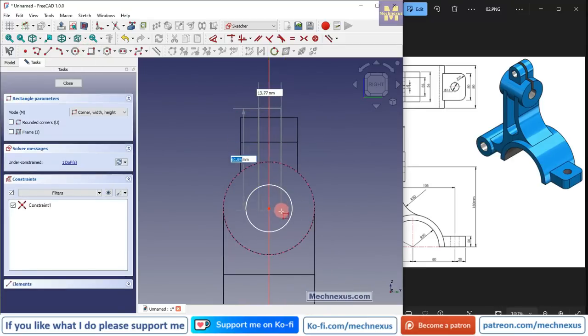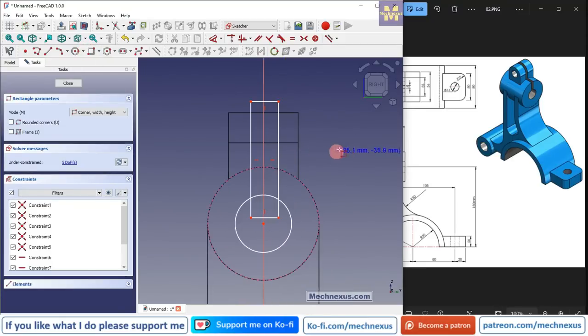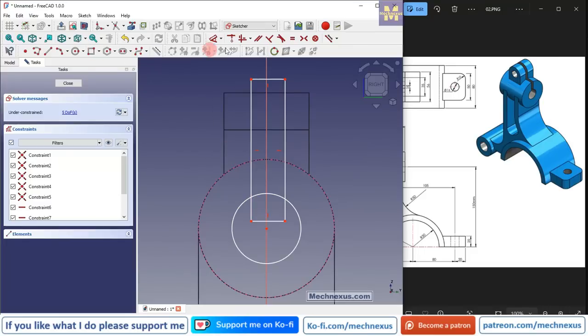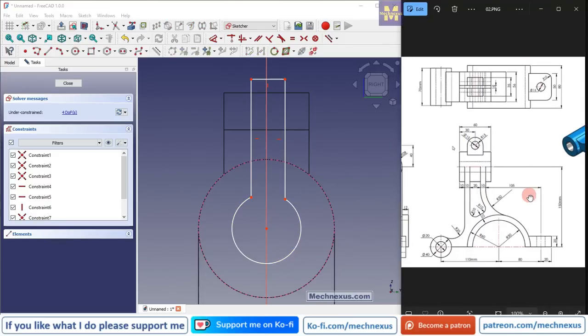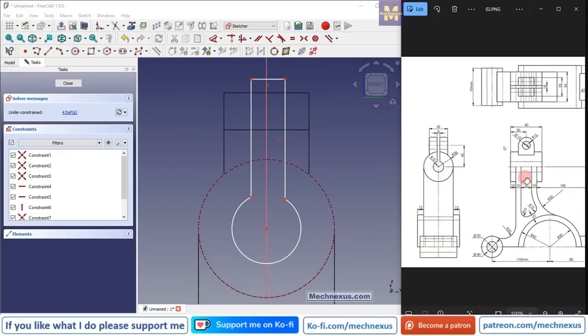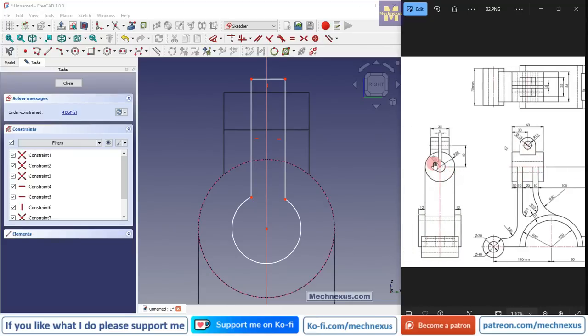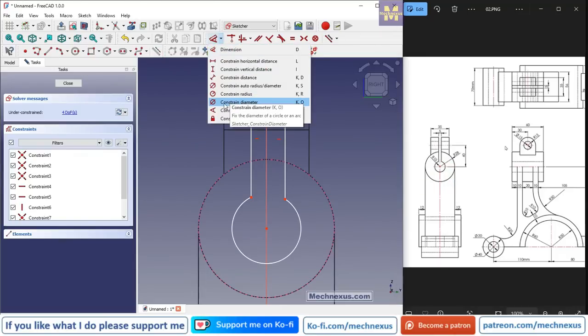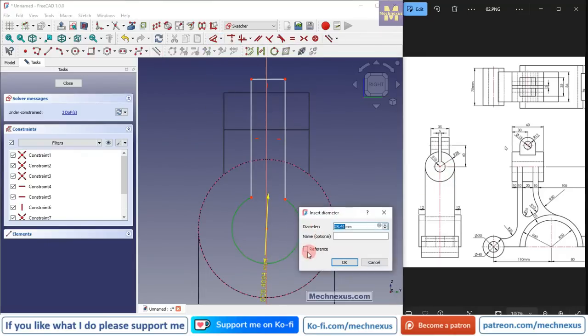I will create a rectangle, and I will use the trim tool, select the trim it, and this is of a diameter 15. If you see in a side view, sorry, it is R10, so we will do the diameter of 20 mm,